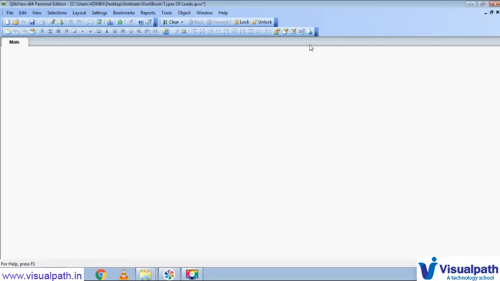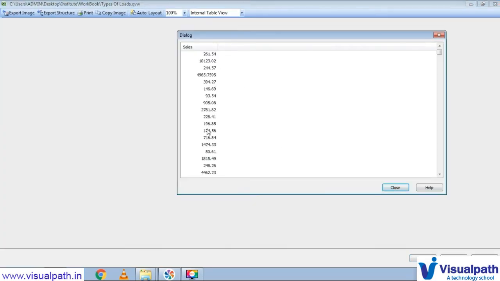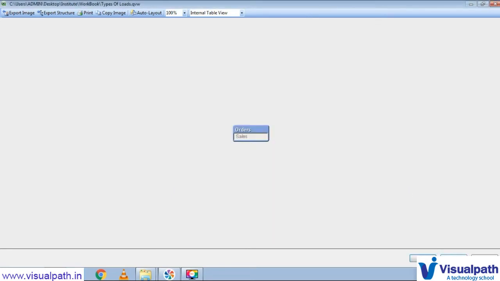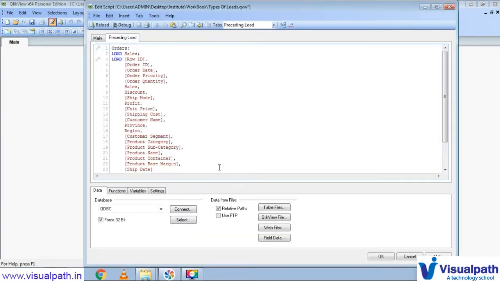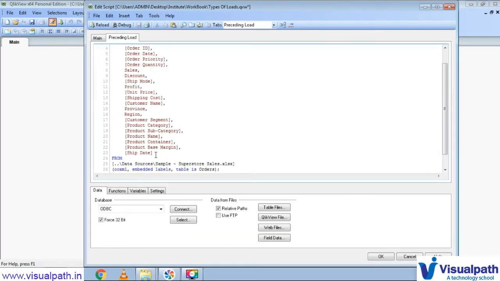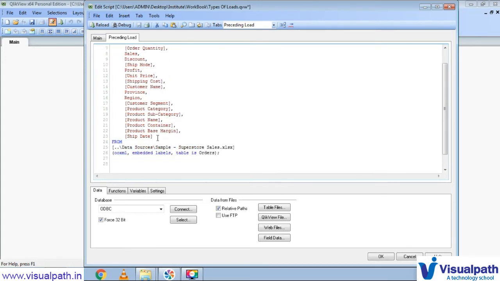If we go to table view or Control T, we'll see in the orders table we have only the sales field and the values for the sales. We have many fields in the original, but we have got only sales in our database. Why? Because we did another preceding load before the original load, and there we mentioned only the sales field. That's why only sales is coming.